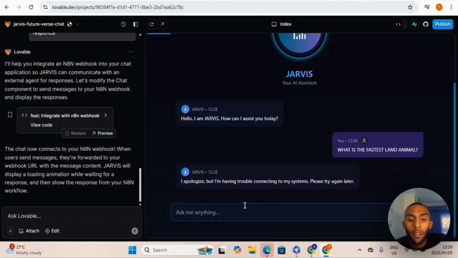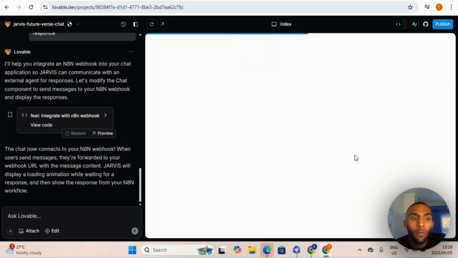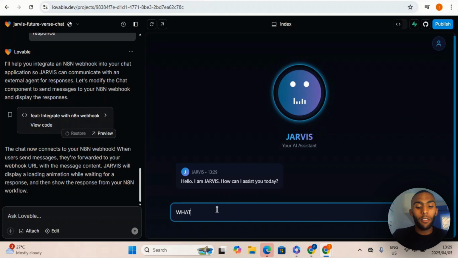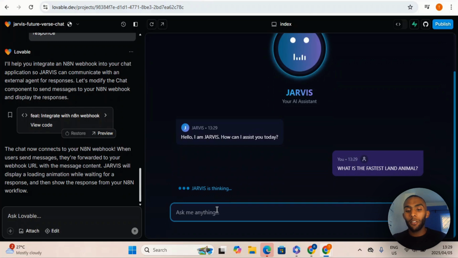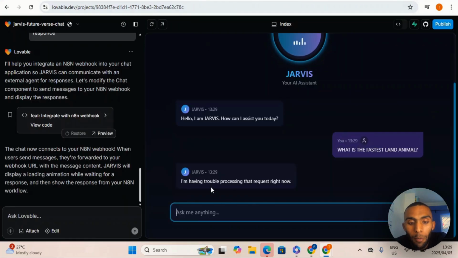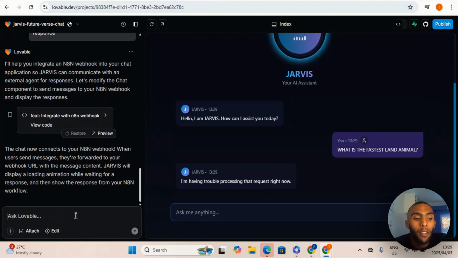And go back into Lovable, and let's just search again. What is the fastest land animal? Search, go back into our agent, and everything is successful, but I saw there was a message saying I'm having trouble processing the request right now. So basically now we've got to just tell Lovable that